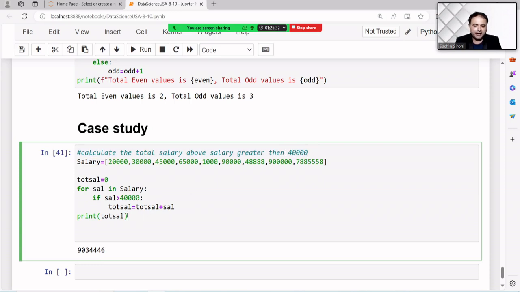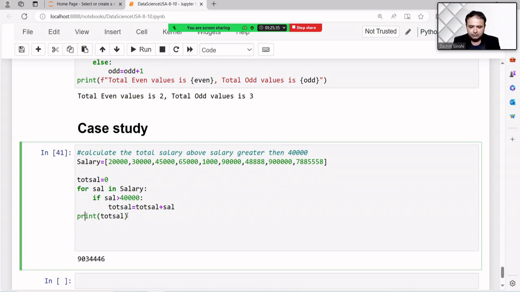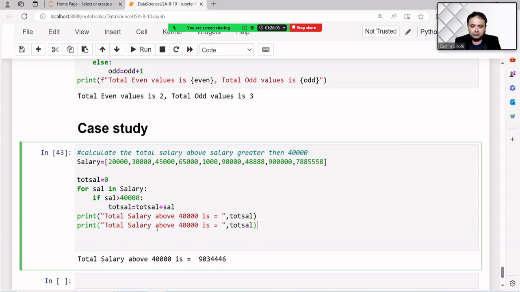And I want to find out the average, the percentage of salary.